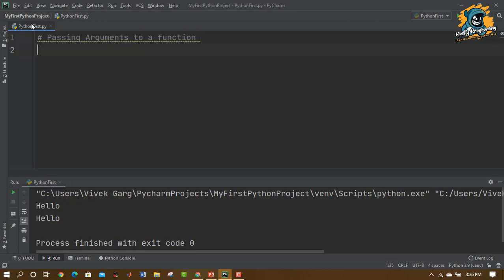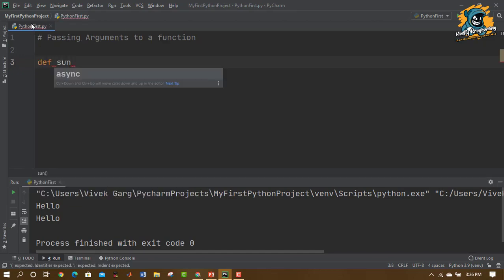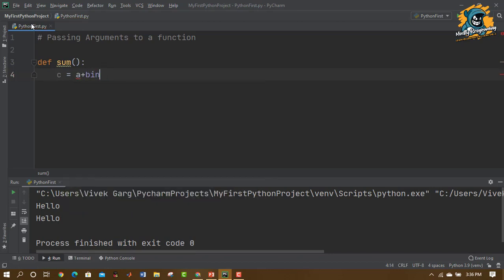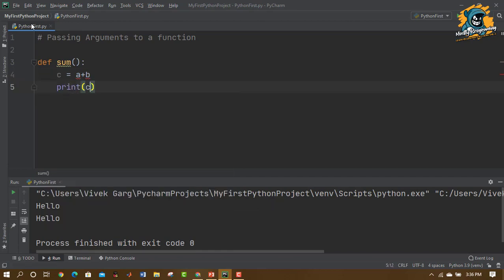For example, I have created a function here, suppose def sum, right? What I have done here is c is equal to a plus b, then here only I have done print c, right?